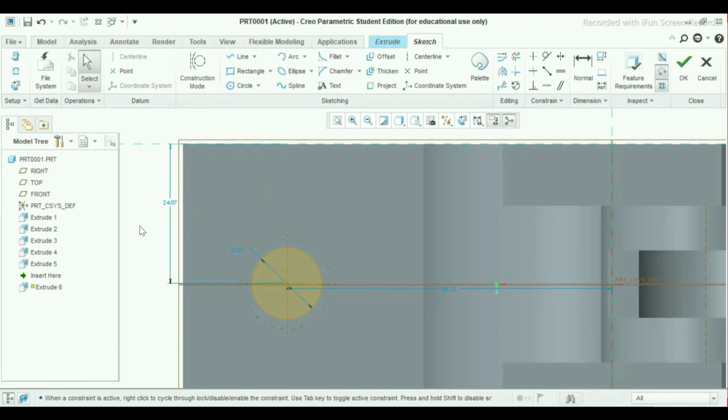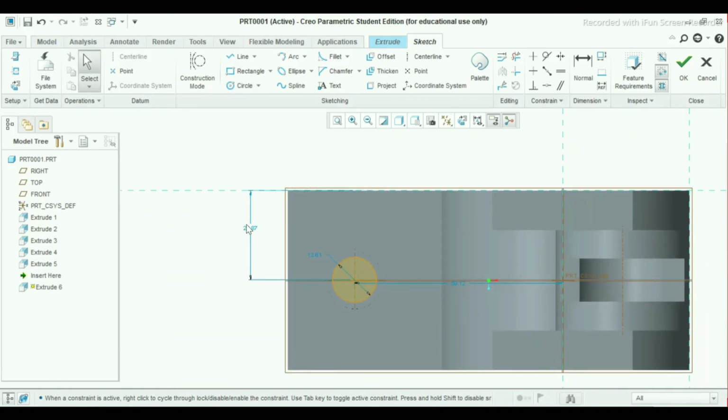Again here some reference dimension has been given, make it 25 mm and the dimension will be 12 mm dia.